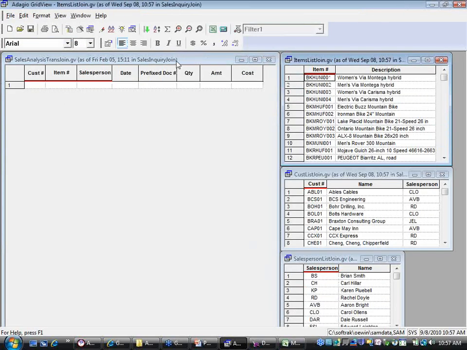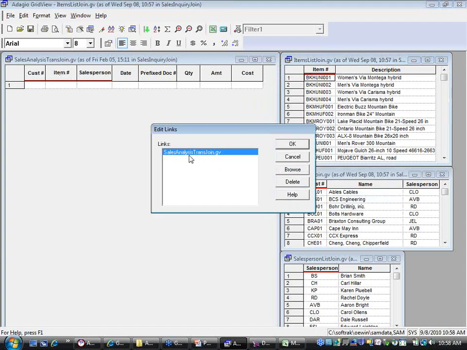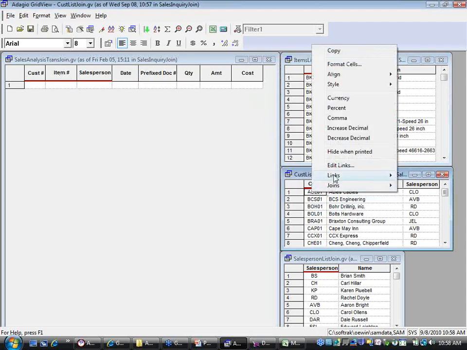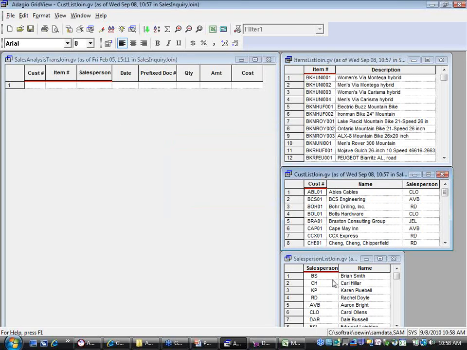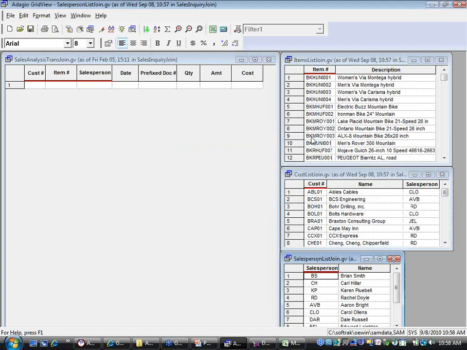And basically the purpose of this filter is to be able to say, in the case of this sales analysis, I want to see all the times that this particular customer has bought this particular item. And the way to do that is you need to have 2 or more lists set up, all linking into the same big filter. So in this case, I've got an item list linking into the sales analysis, and I also have the customer going into the same one, and I actually even have the salesperson going into it as well. So when you have that scenario set up where you've got 2 or more lists or views all linking